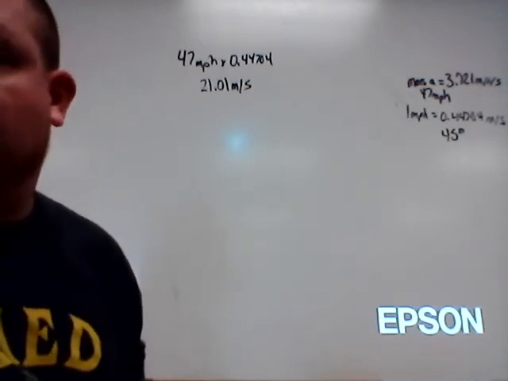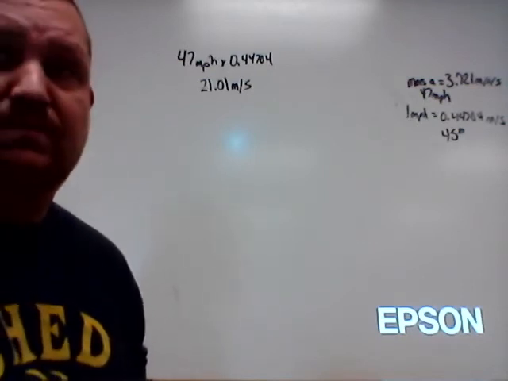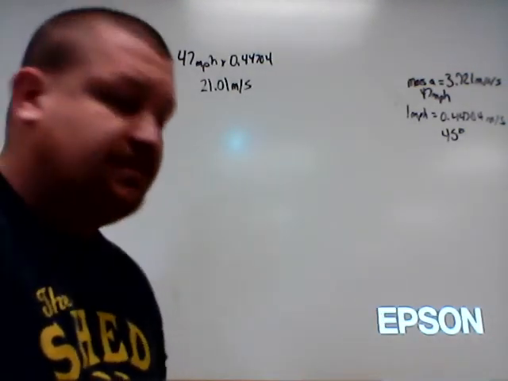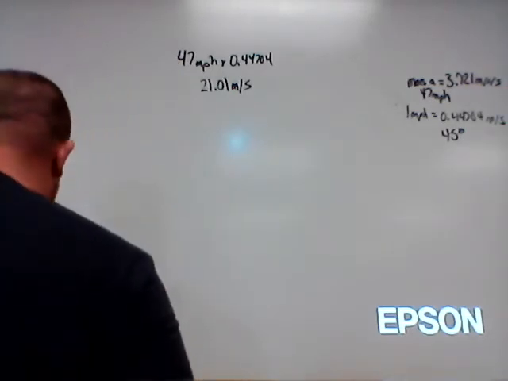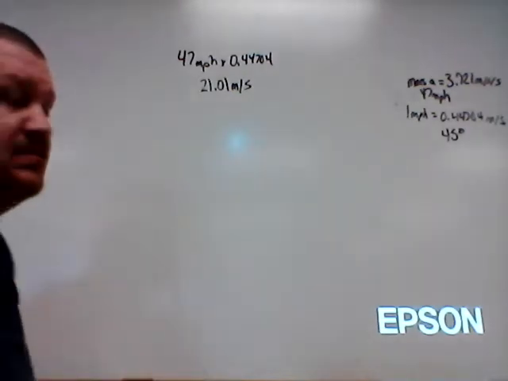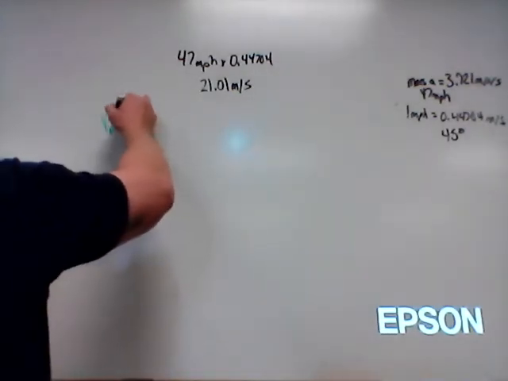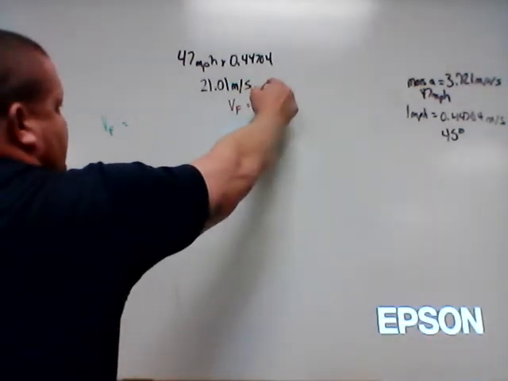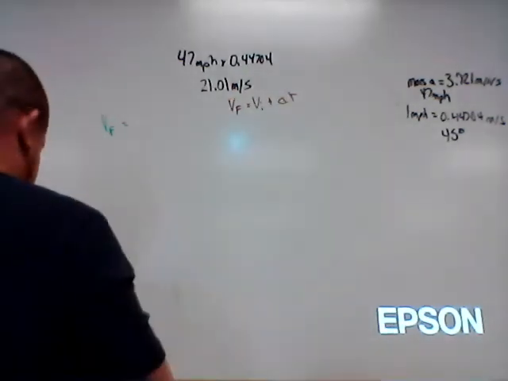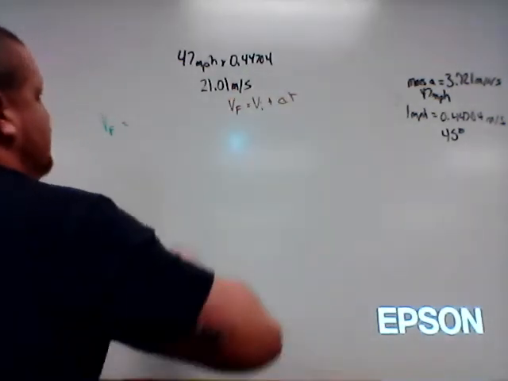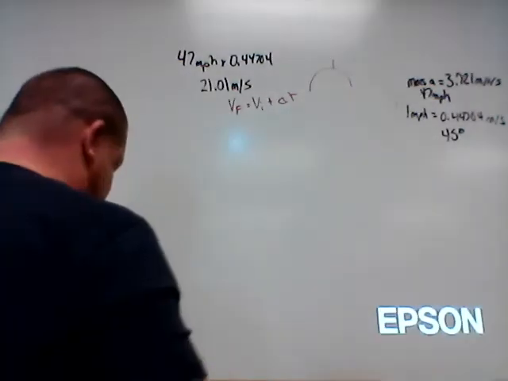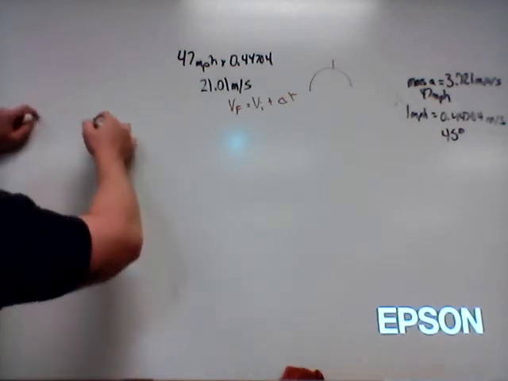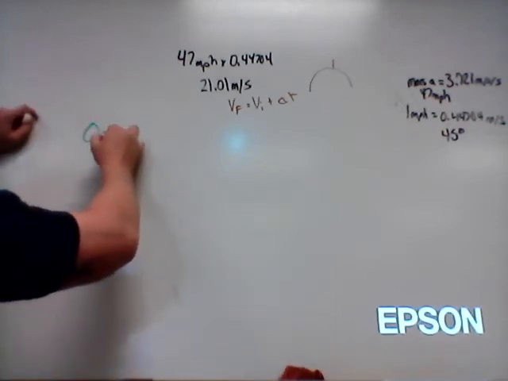Now we want to know how far can the average person throw the ball on Earth versus Mars. So first thing, we've got to figure out the time, right? So we'll say green is Earth. For both of them, we're going to use VF equals VI plus AT. And where both of them have the same projectile, we'll use the same thing. So for Earth, we're going to go final velocity 0 meters per second, because that's going to be at the